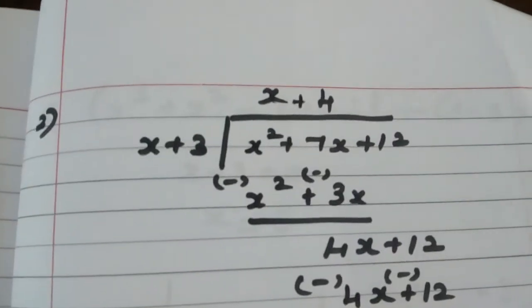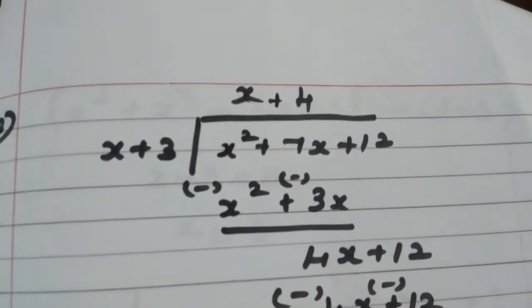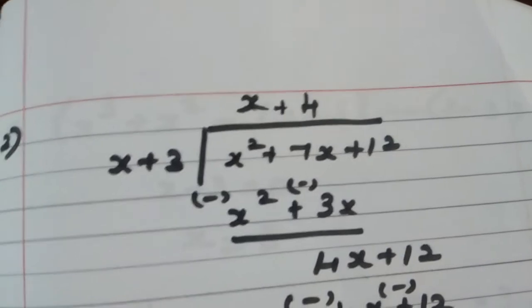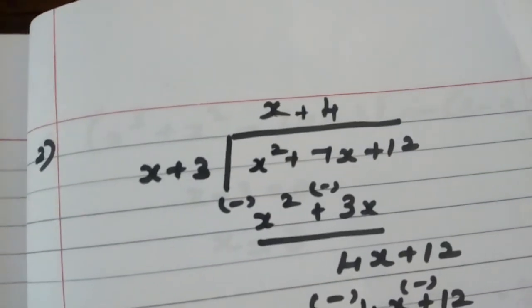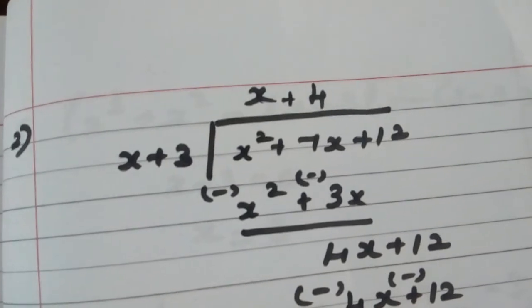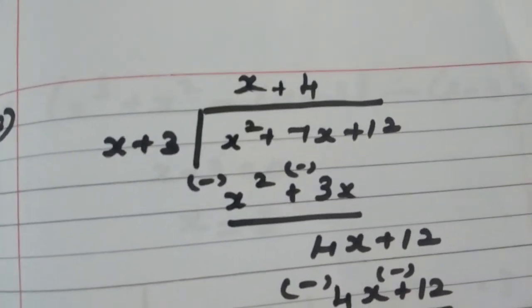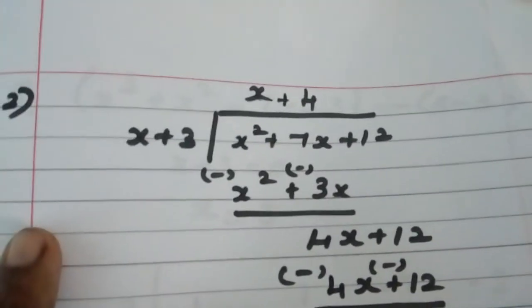Now the third question. It is given that the base of a parallelogram is... this is second question actually. Yeah, second question. The question is x square plus 7x plus 12 which is divided by x plus 3. It is the area of the rectangle which we are going to divide by the breadth. Then they ask you to find the length. The same process which you have to do here also.